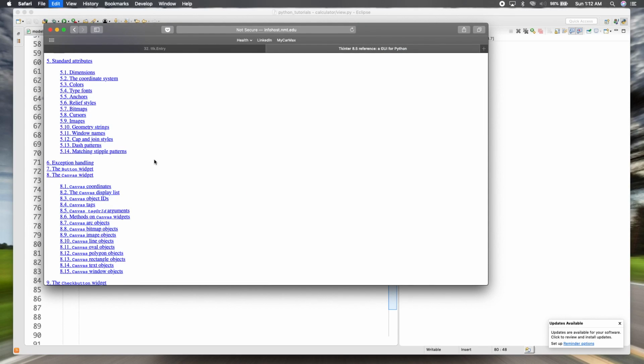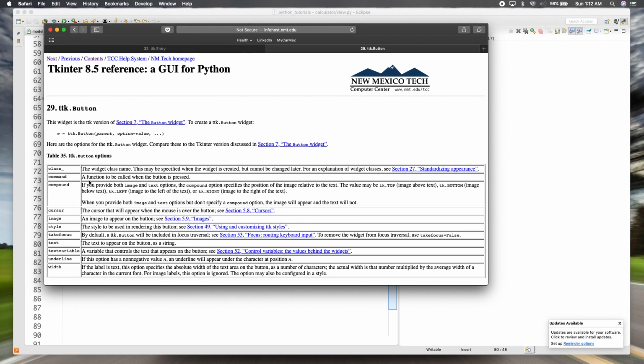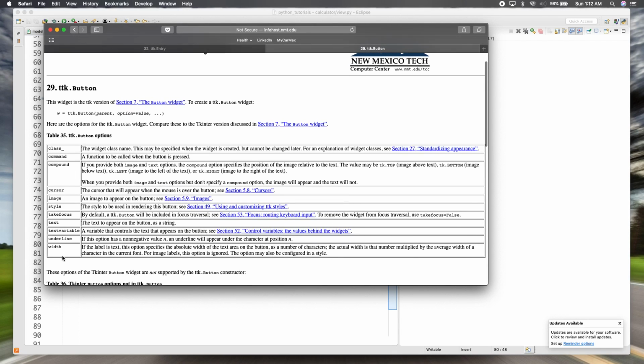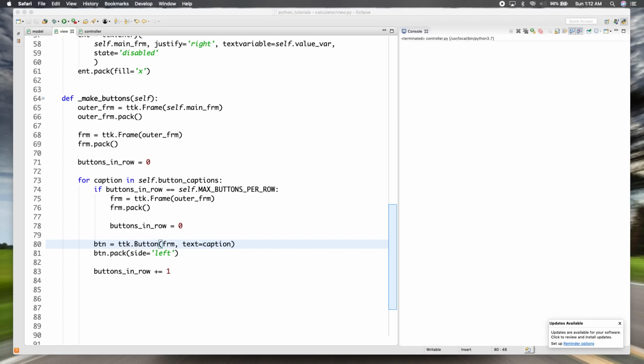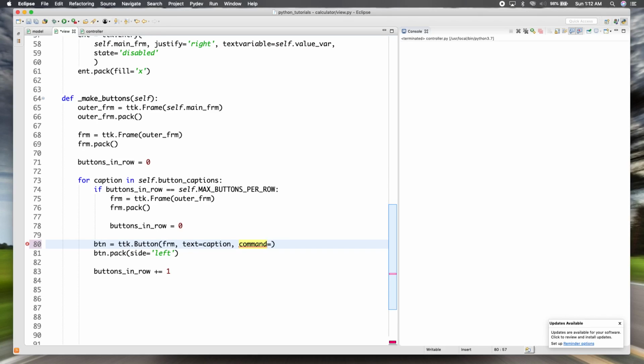so here we can just search for button. So I already know that it has a command option, but just to show you really quick, you can look at all the options and look at the description. So you'll see buttons have a command option, and then it says a function to be called when the button is pressed. So that's what we're going to use to bind it to our callback function. So we're going to add another argument for the command parameter, and we're going to say,